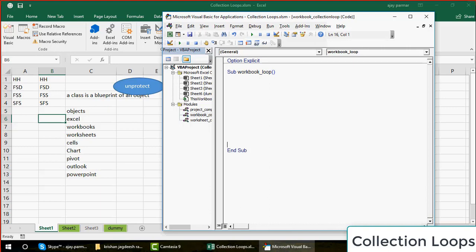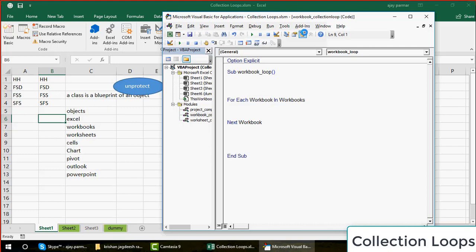As usual, you write the For Each word. So go and write For Each workbook in workbooks. This is the plural. This is how we write For Each worksheet in worksheets, For Each workbook in workbooks, right? Now obviously I said that day that this class we cannot use directly. This is a class.